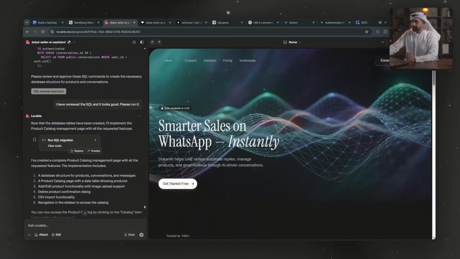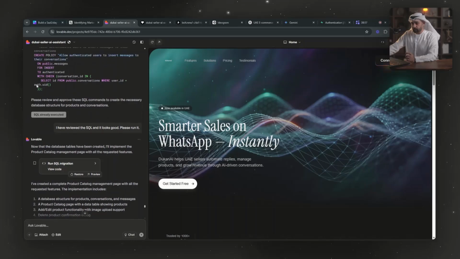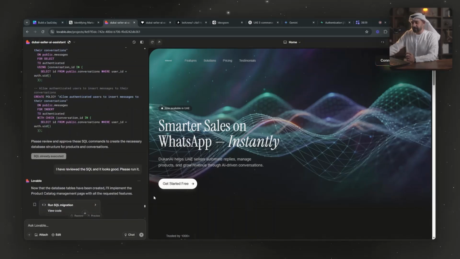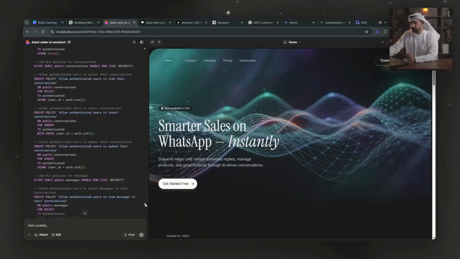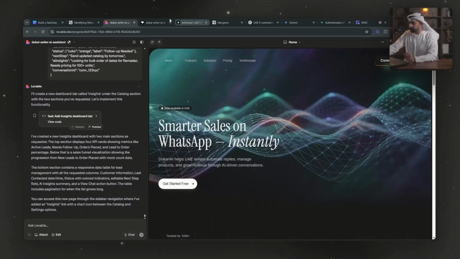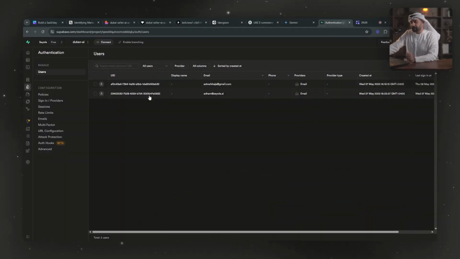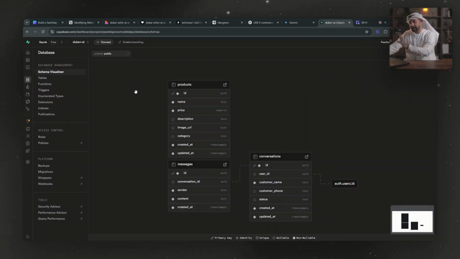So to connect the database, you just click on this. It takes you through. It gives you something like this, and you click yes, and it just adds it within your database. So this is something very interesting and very easy to do. And this took a lot of time in the past as well. So the database is over here. Then it did this. I don't think it's connected properly, but it works as an initial draft.